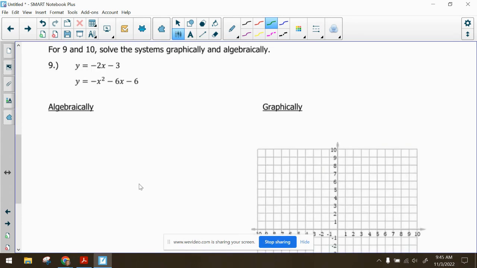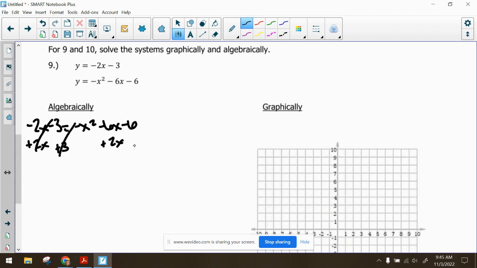All right, for questions 9 and 10, we are solving those systems both graphically and algebraically. Now, this is just for practice. You will be given one algebraically and one graphically, but they won't be the same problem. So if I was doing them algebraically, I would set these two things equal and solve for x. So I'm going to add 2x on both sides